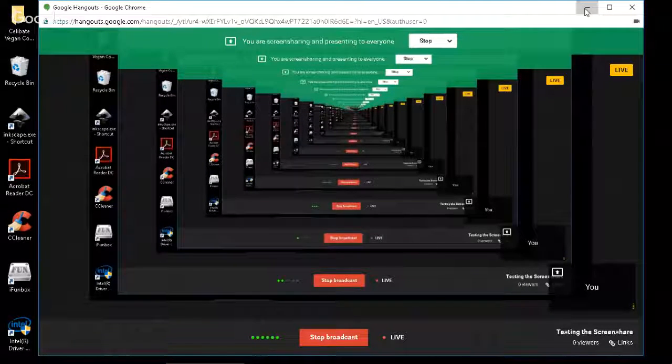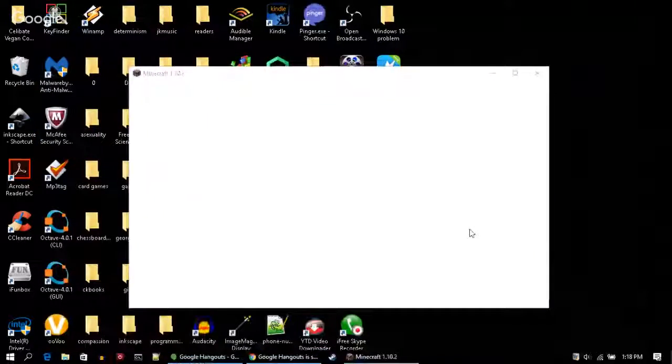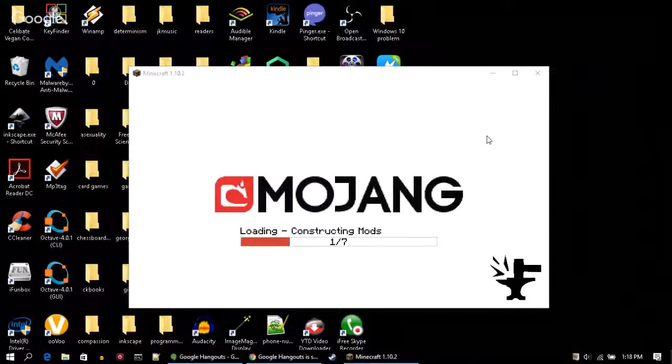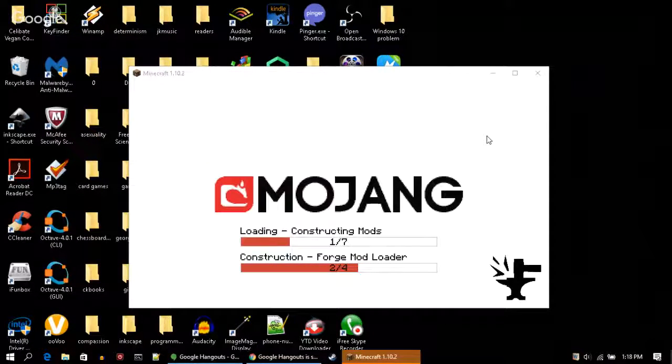I think Minecraft is taking longer to load because I'm doing this live broadcast, so it's going a little bit slower than usual. It does take a little bit longer to load the Forge version. Basically how it works is I installed Forge, and it adds that profile, and so it loads an altered version of the game